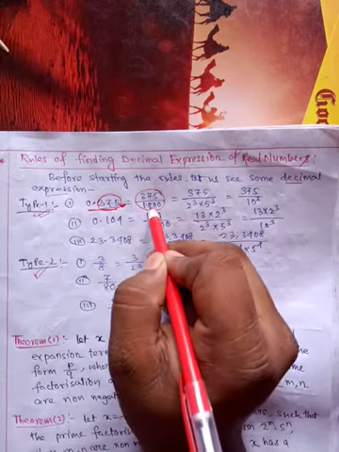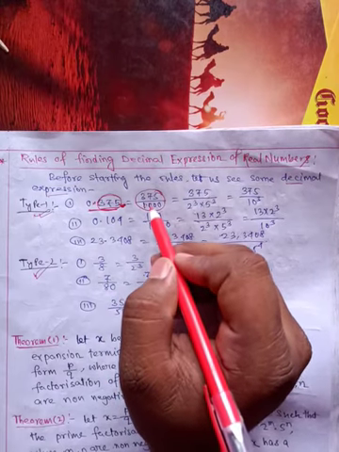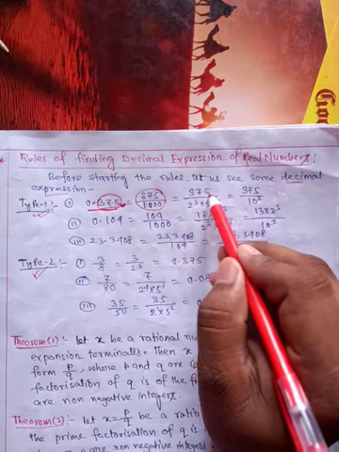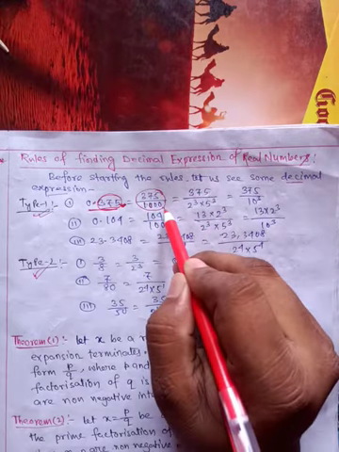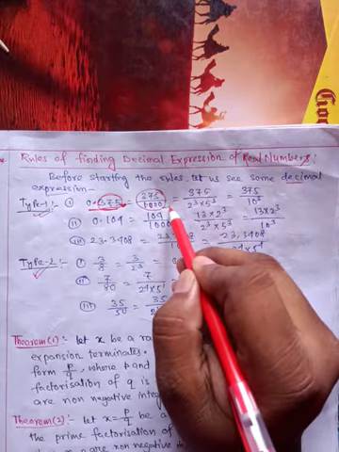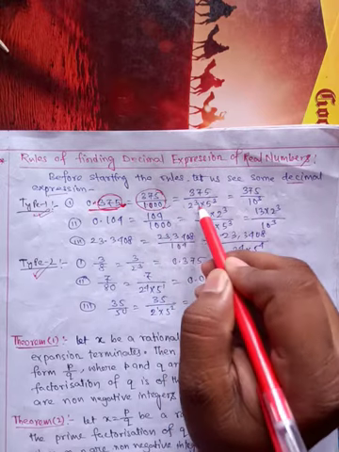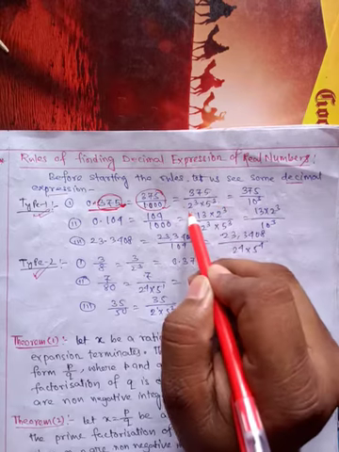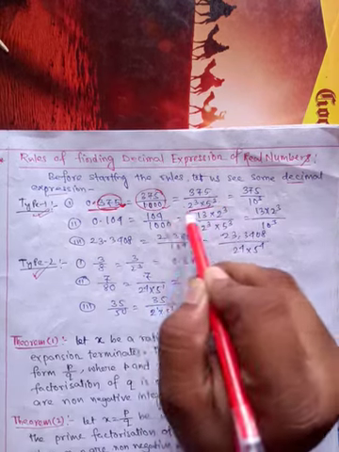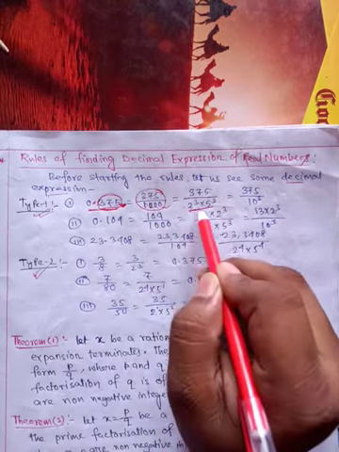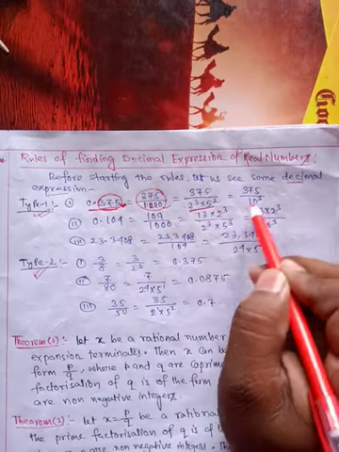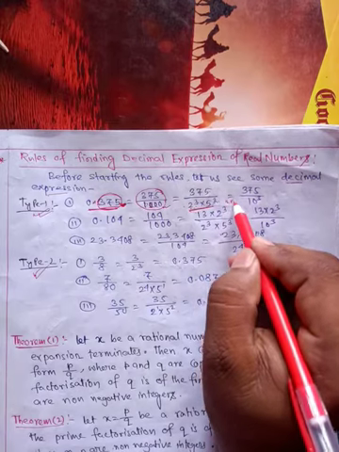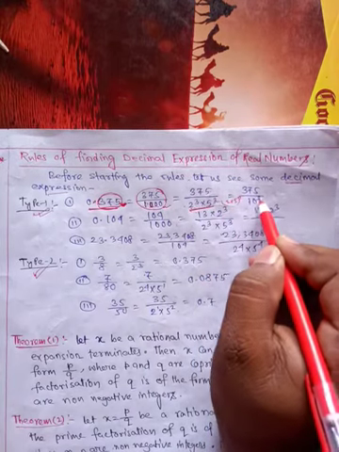So in the denominator it will be 1000, and you can write 375 by the prime factorization of 1000. You will get 2 to the power 3 times 5 to the power 3. You can check this expression. So the prime factorization of 1000 is 2 to the power 3, 5 to the power 3, which you can also write as (2 into 5) whole to the power 3, that is 10 to the power 3.